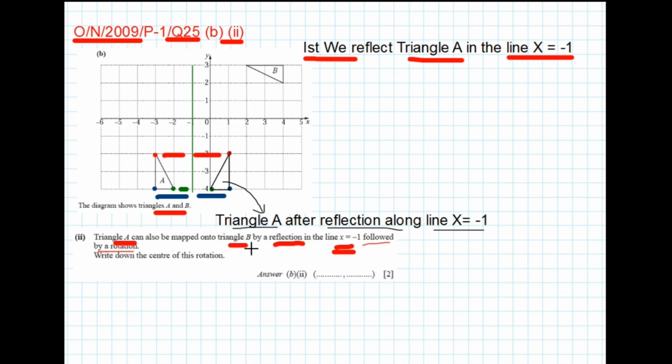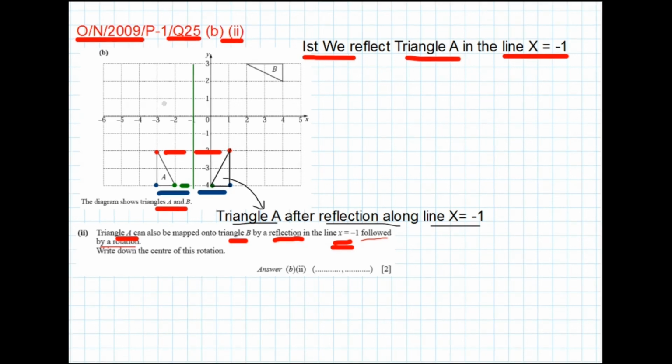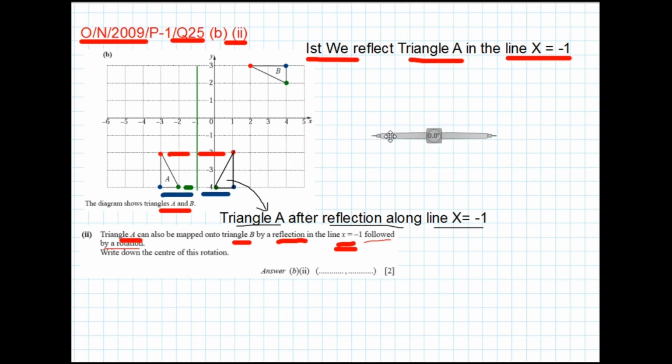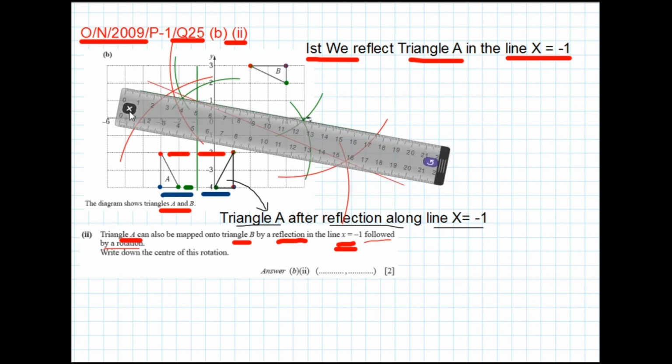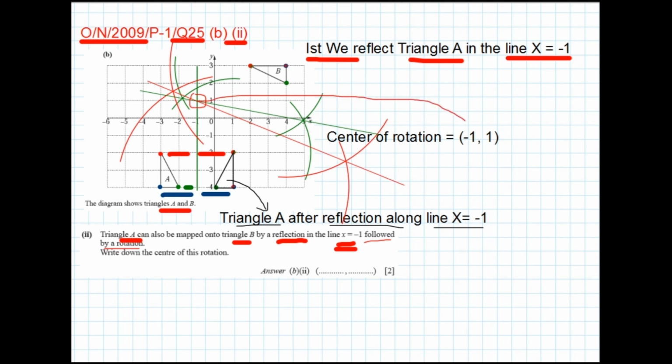To find the center of rotation, we draw a perpendicular bisector between corresponding vertices as shown. First mark the corresponding vertices of triangle B and the reflected triangle with red, blue and green dots. Here there is no set of vertices whose distance is divided easily, so we use a compass to draw the perpendicular bisector as shown. First bisector is between red vertices, second bisector is between blue vertices. The point of intersection of the two bisectors is the center of rotation, which is (-1, 1). So this is our answer.